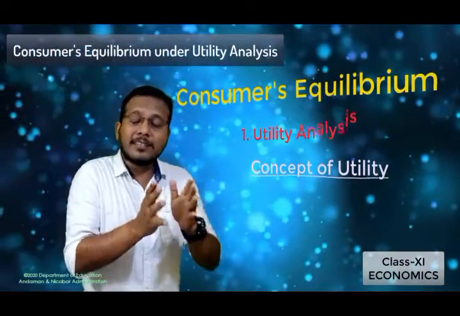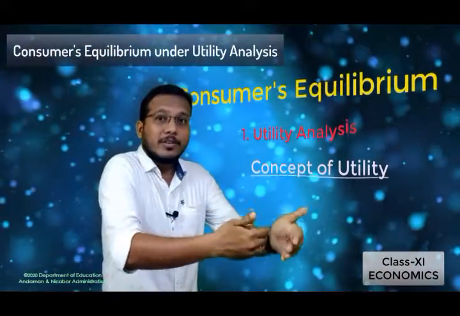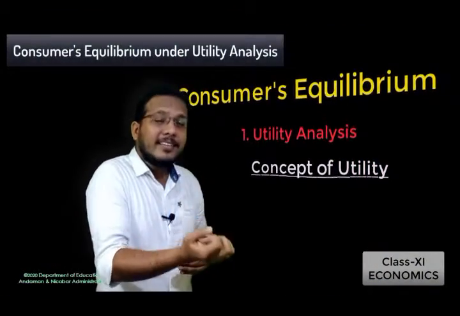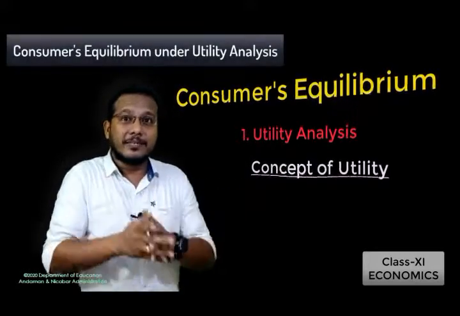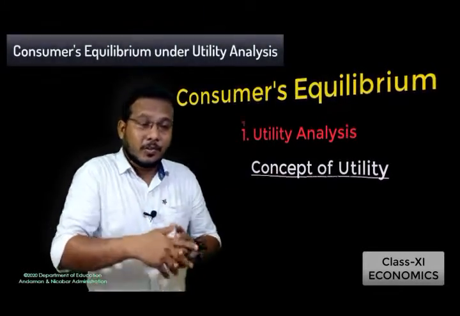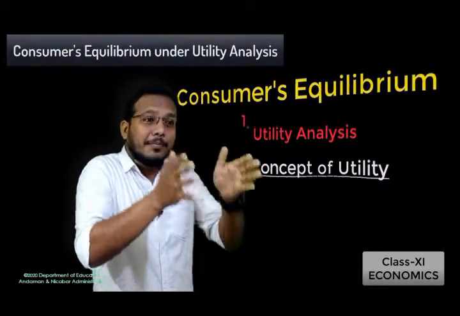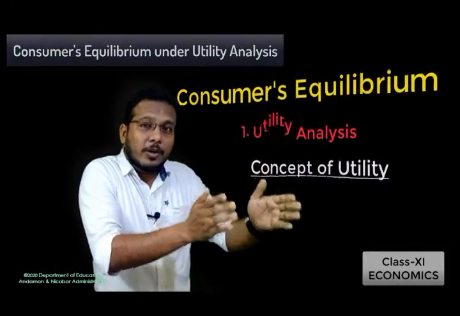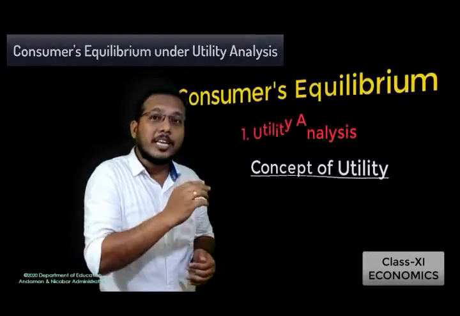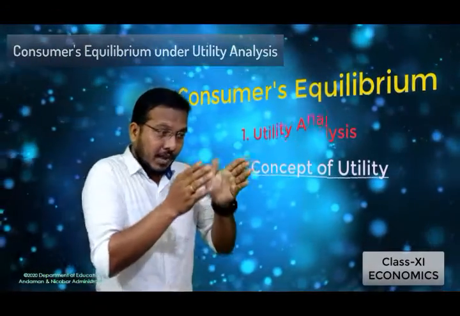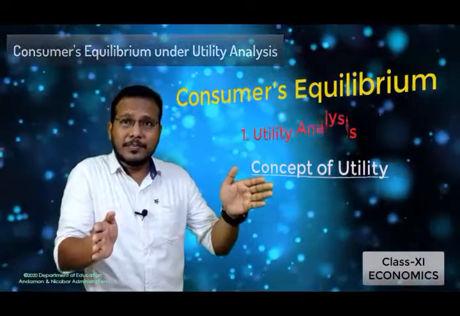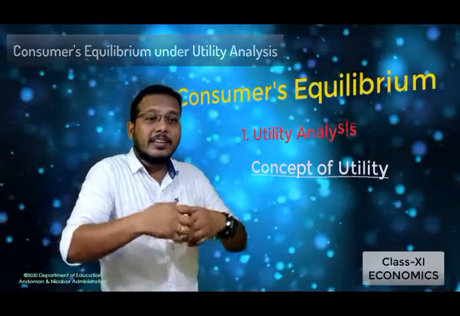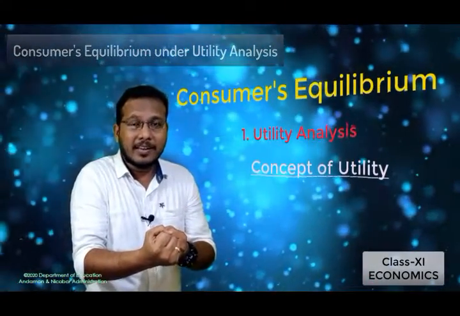But sometimes there are some people who used to consume more than 2 or 3. So that says that person gets the maximum satisfaction by consuming 3 units. If a person is consuming 3 laddus, we can say that person is getting the maximum satisfaction, or we can say that he gets the equilibrium level of satisfaction by consuming 3 units of laddu. So when he consumes these 3 units, at every unit, the satisfaction level derived from that commodity will be different.